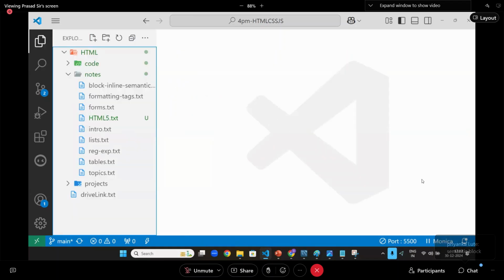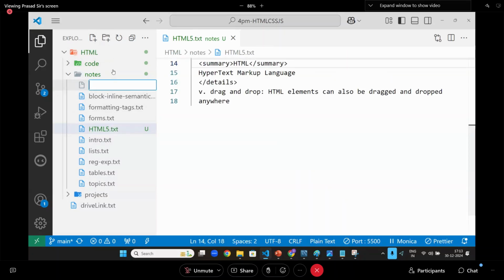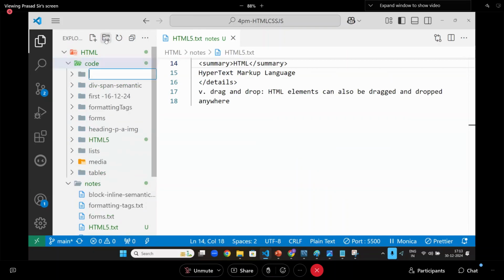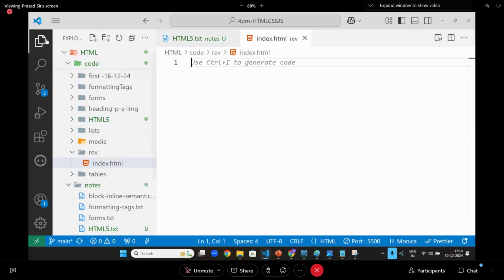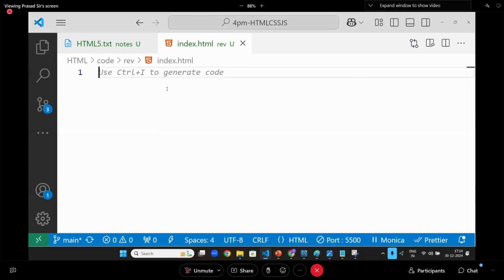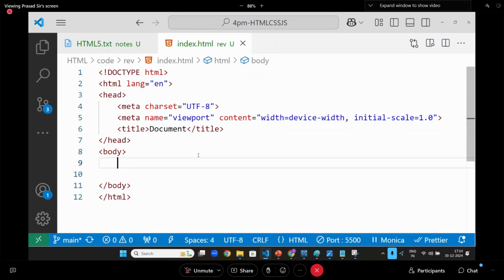HTML revision, index.html. Now, every tag which you wanted, I will repeat it. Let me start with this. First one,